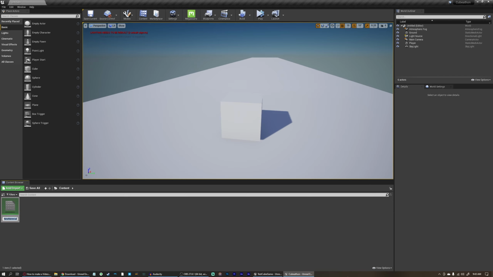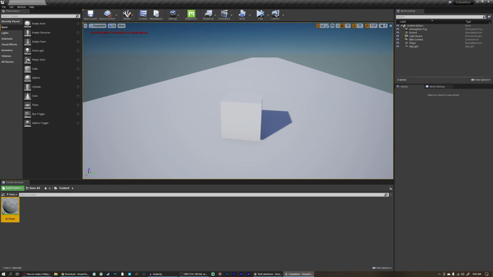I like to be consistent with my naming conventions, so I will do M_player. And the M is for material, just like we'll be using BP_ for blueprints and things like that. I'll explain them as I go. For the most part, I like to put the naming convention of what the content is before the name of that piece of content. We're going to open up this player here, and you can see if we click on